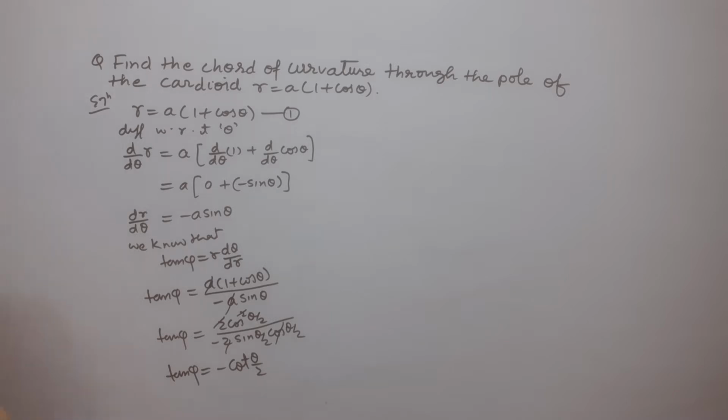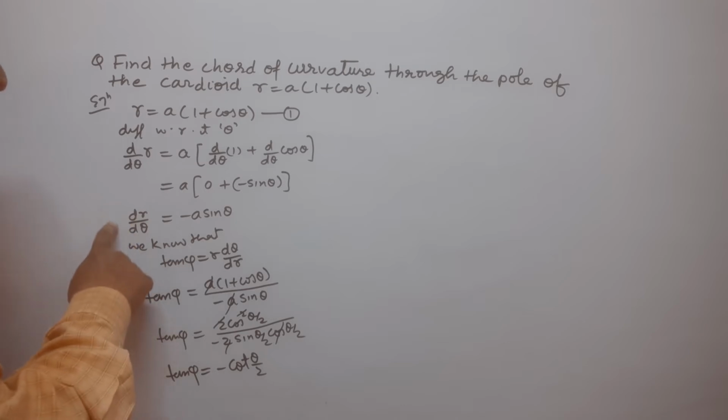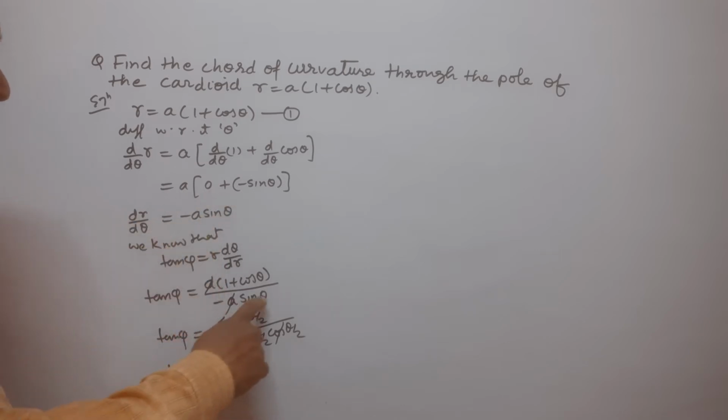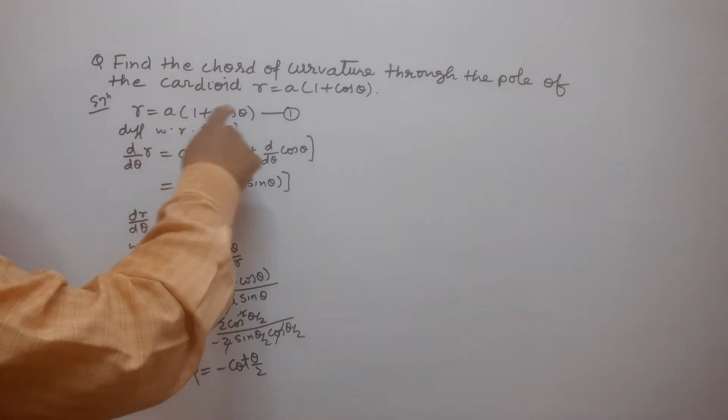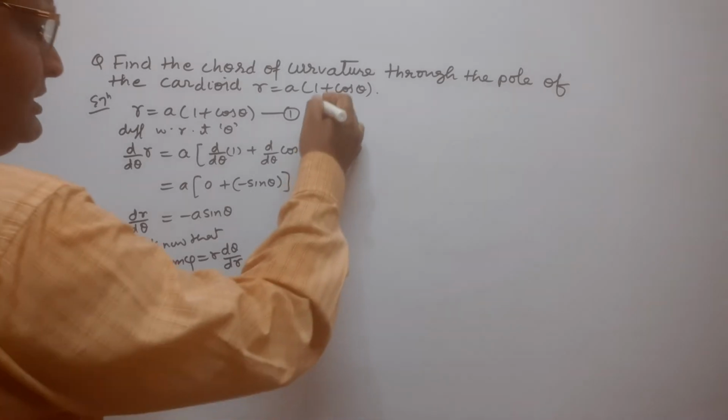Now we know that the relation tan phi is equal to r d theta by dr. So we put here the value of d theta by dr which is the reciprocal of dr by d theta. So this is minus 1 upon a sin theta. आप देख सकते हैं d theta by dr जो है dr by d theta का रेसिप्रोकल है, तो इसका रेसिप्रोकल करेंगे तो minus 1 upon a sin theta मिलेगा और r की वैल्यू गिवन कर्व से a(1 + cos theta) है, a न्यूमरेटर डिनोमिनेटर से कैंसिल हो जाएगा. 1 plus cos theta को 2 cos square theta by 2 ले सकते हैं और sin theta को 2 sin theta by 2 cos theta by 2 ले सकते हैं. अब ये cos theta by 2 से स्क्वायर कैंसिल होगा तो cos theta by 2 upon sin theta by 2, this is cot theta by 2. So tan phi is equal to minus cot theta by 2, we write here.